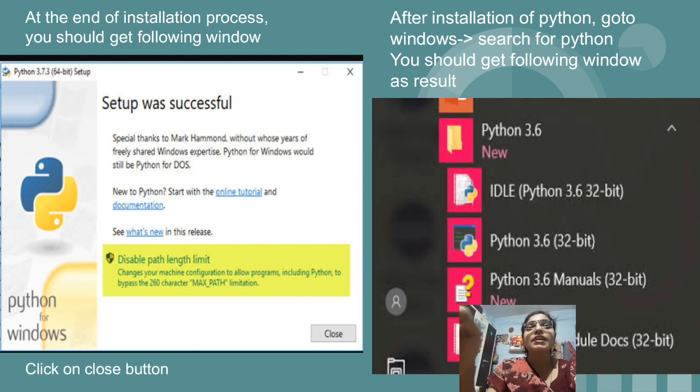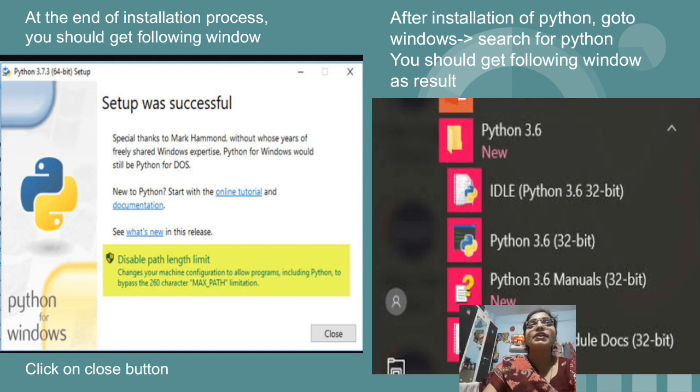As you see in this second image, IDLE was there. After that, Python 3.6, that is the CMD version. After that, Python 3.6 manual. Out of these, the first option, IDLE, is what we are going to use. Just remember that. Normally for normal execution of all programs, we will prefer 3.4. For database connectivity and all, we need 2.7. This is the reason why I told you to install that also. But all the programs without database connectivity, we are going to learn in the 3.4 version of Python only, and we are going to use IDLE.